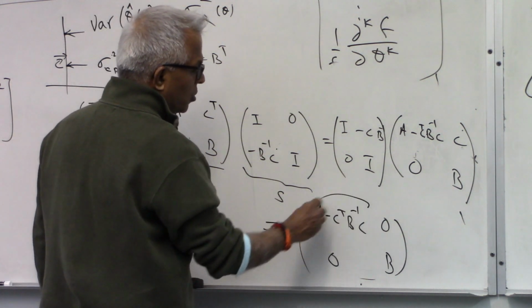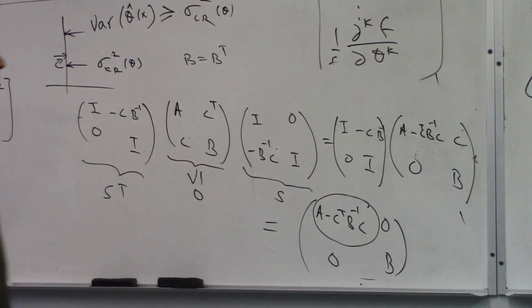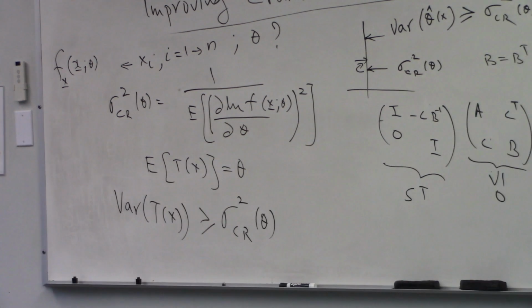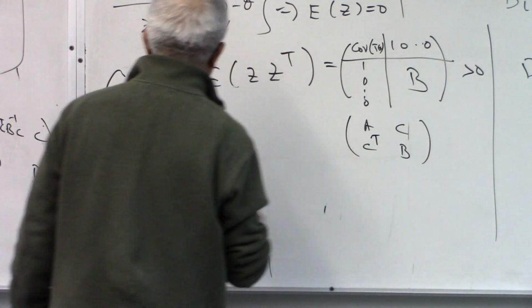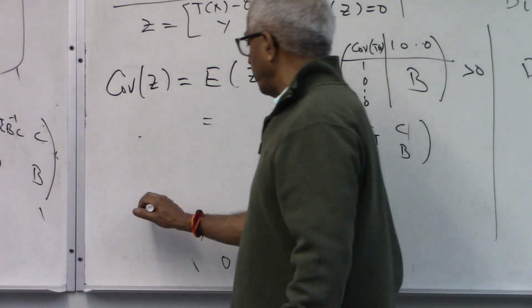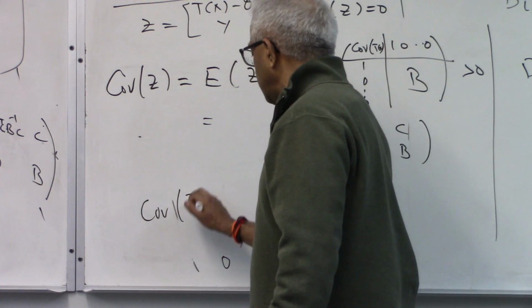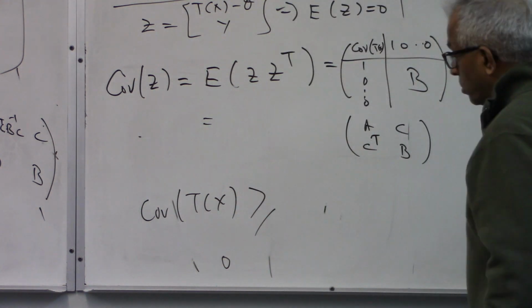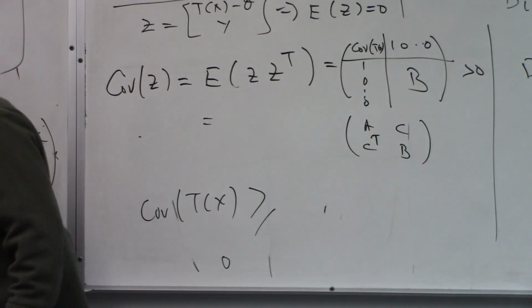And so this quantity should be non-negative definite. Look at here, this is your A. So the covariance matrix for Tx is greater than or equal to C transpose,